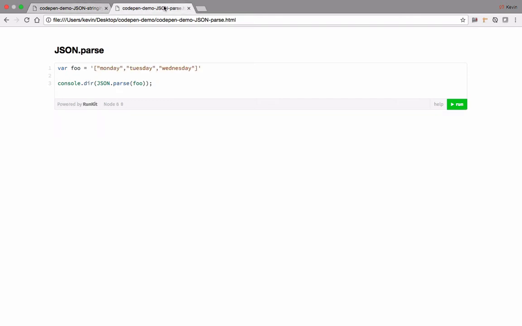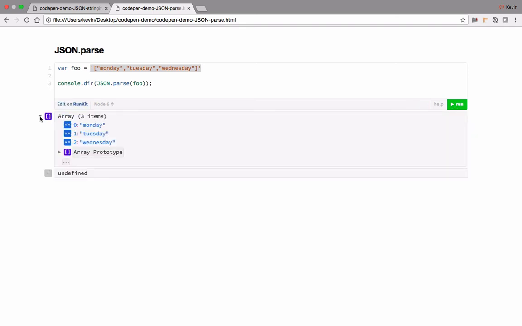Now the JSON.parse method does the complete opposite. It takes a string representation, or a string that represents an object, and it turns it into an actual object. So here foo is a string that happens to have some characters that can be converted into an array. So when I run this code, I wind up with an array in my console, and it's the words Monday,